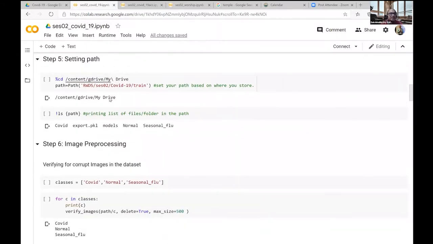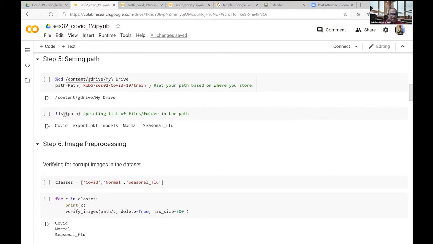Let's start here. Okay, great. I am defining the path of my drive, which is RWDS, session 2, COVID-19, train. So I am telling the system this is where you find all the files that you require. And just to check that I typed this correctly, it's good practice to see what the program is seeing in that folder.